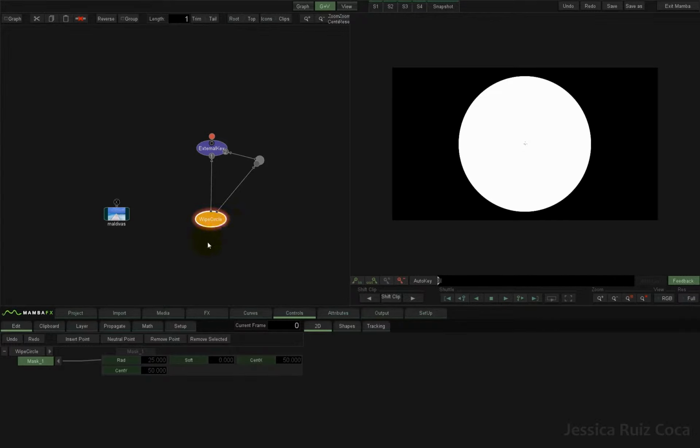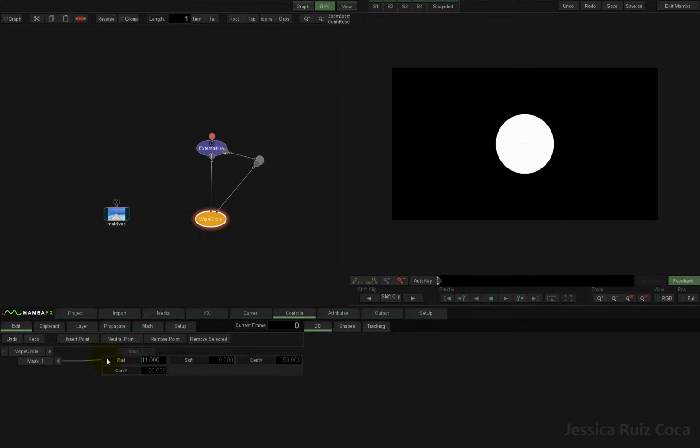Now we're going to control our circle to make a nice sun shape. So let's give it a radius around 10, maybe it's okay, and give it a little softness. Okay,